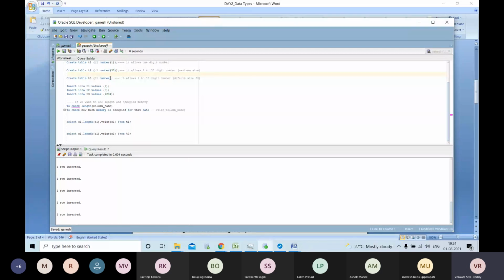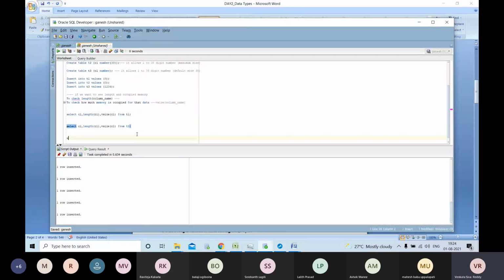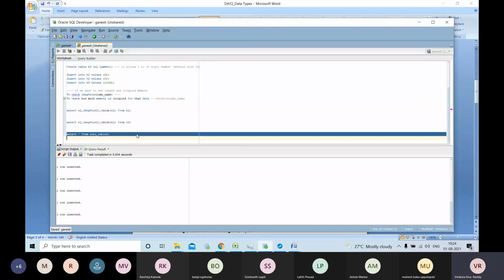You created 3 different tables. Usually if you create a table, that table will be stored in USER_TABLES. USER_TABLES is the meta object.